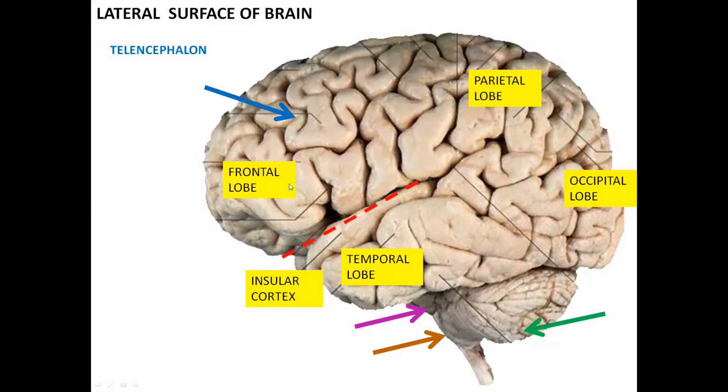What is the function of frontal lobe? In physiology, you would have learned that it has the motor cortex. Also, an individual's personality, thinking, that is also processed in the frontal lobe. Occipital lobe receives your visual pathway, concerned with vision. Parietal lobe is the sensory cortex. Temporal lobe is related to the auditory pathway, concerned with hearing.